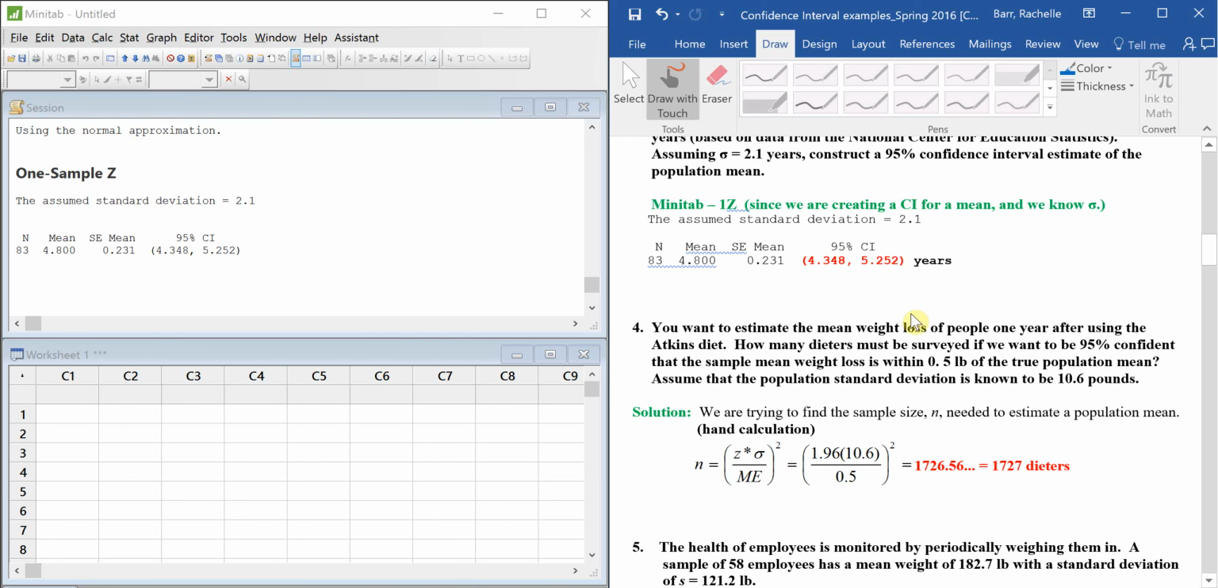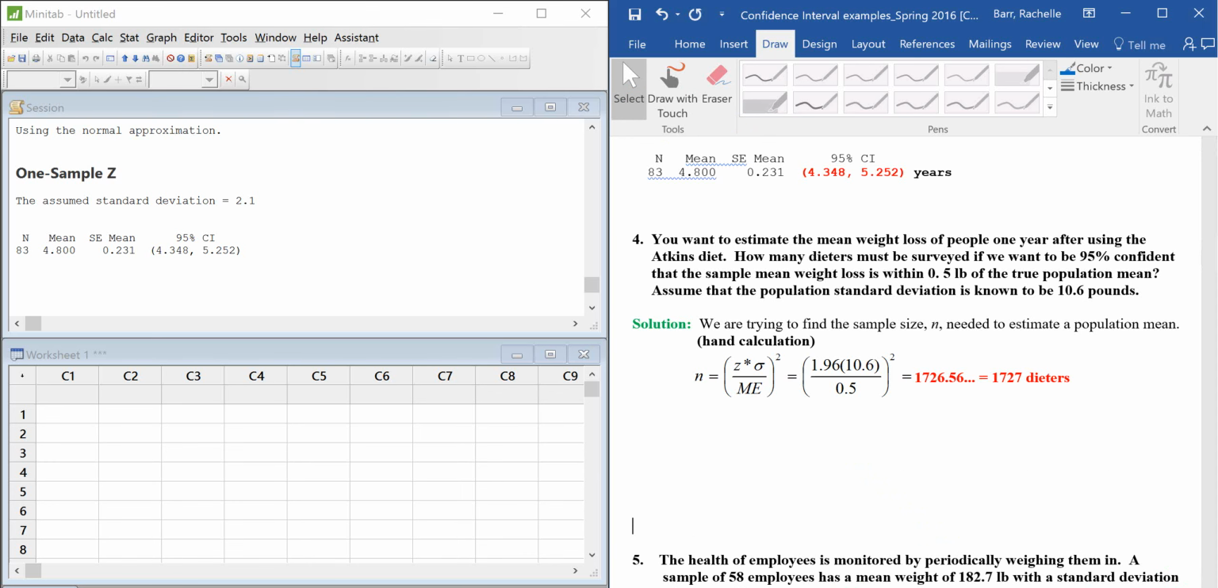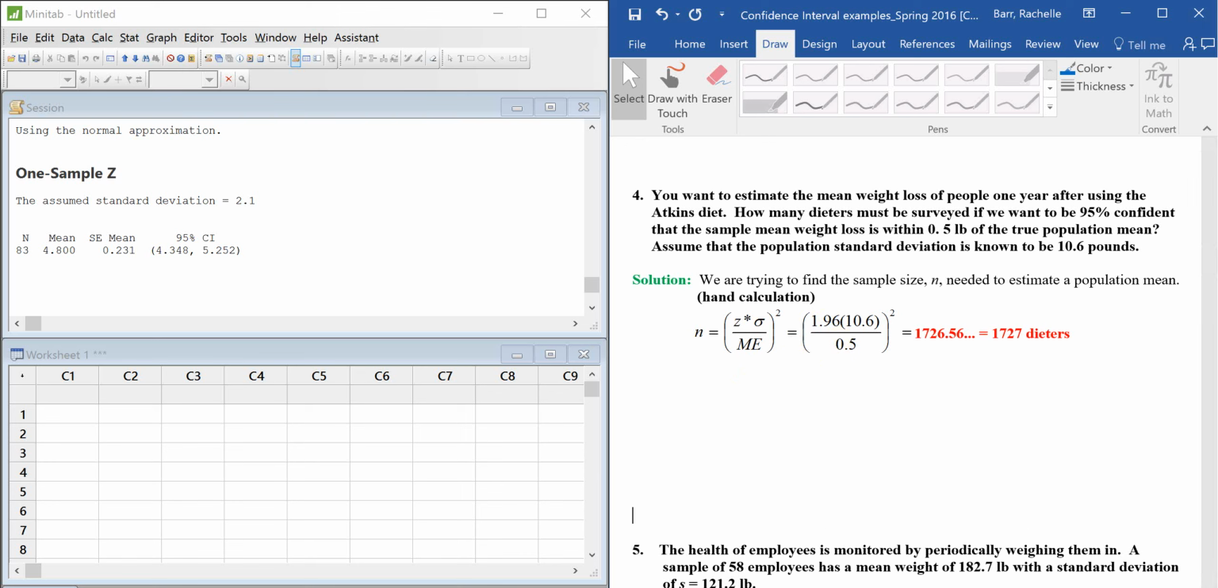Okay, so let's say you want to estimate the mean weight loss of people 1 year after using the Atkins diet. How many dieters must be surveyed if we want to be 95% confident that the sample mean weight loss is within 0.5, so half a pound, of the true population mean, assuming the population standard deviation is known to be 10.6 pounds. Alrighty, so in here I used a handy-dandy formula to calculate this,